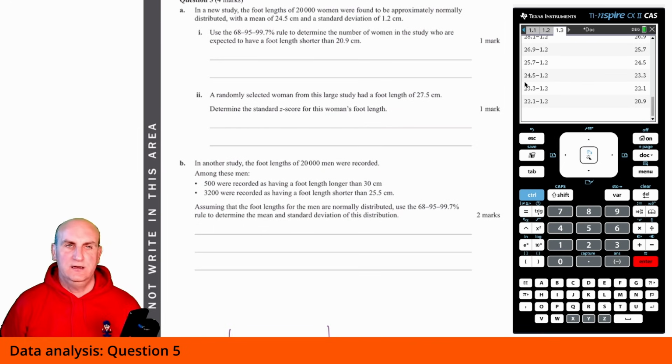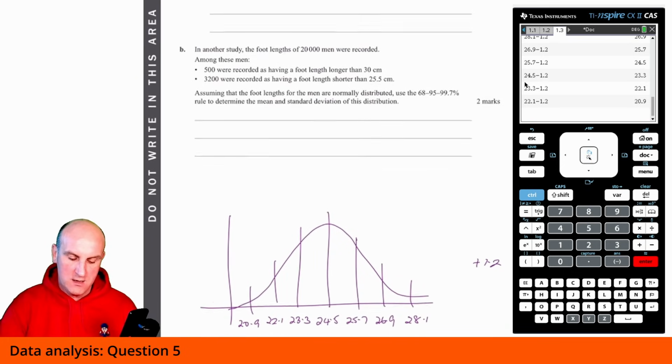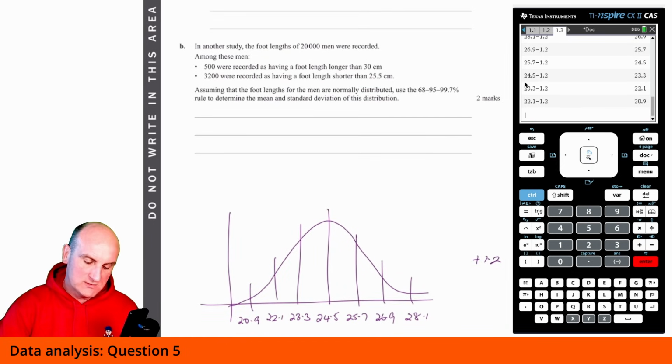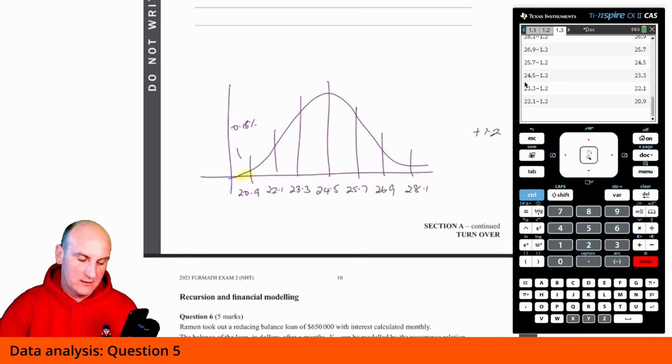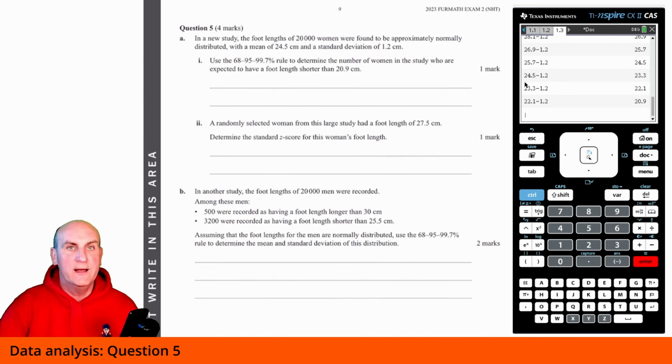Right, what have we got here? Use the 68, 95, 99.7% rule to determine the number of women in the study who are expected to have a foot length shorter than 20.9. Shorter than 20.9, that's going to be that one there. And as far as I'm concerned, if I looked at my table, that's going to give me 0.15%. Yes, is that the correct answer that we are looking for? Who are expected to determine the number of women. Oh, so tricky. All right, now again, it didn't want the percentage, it wanted the number. And when my mind first read that, it went, oh, percentage. Determine the number of women in the study. So it is